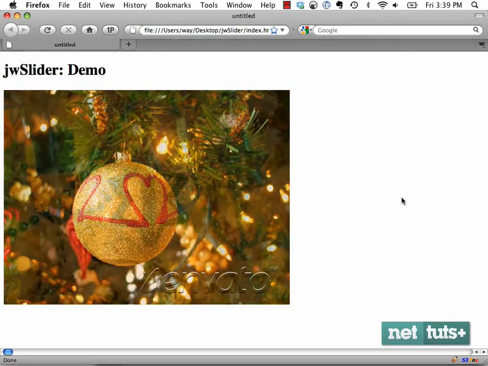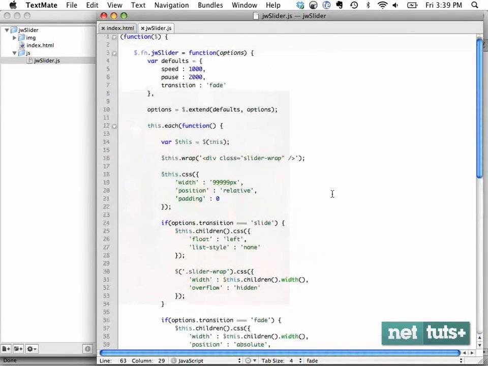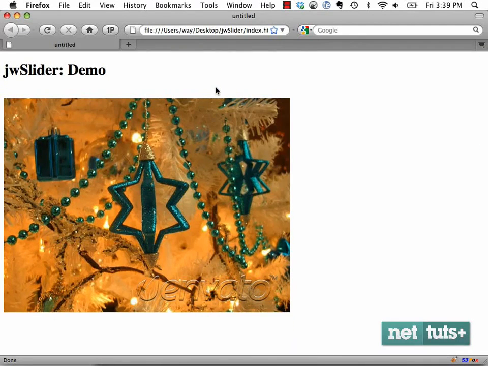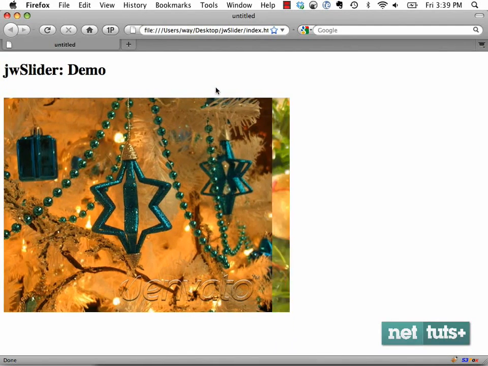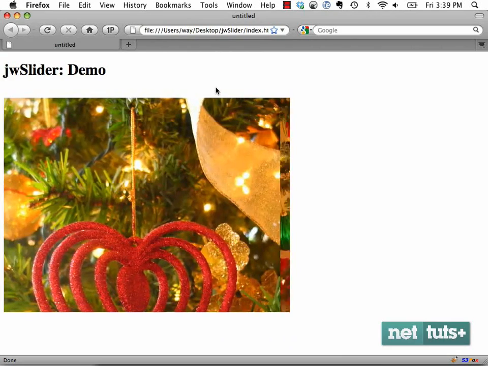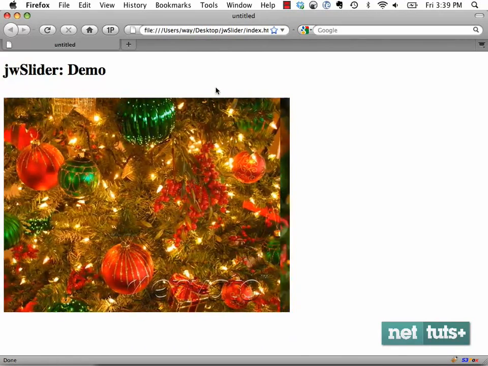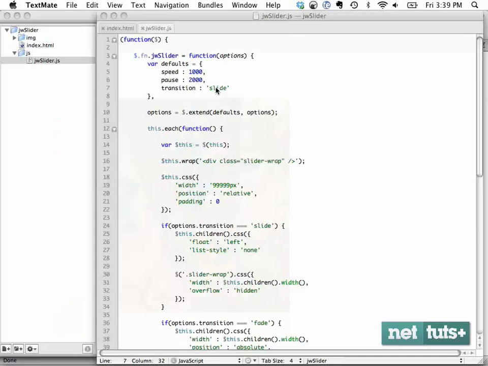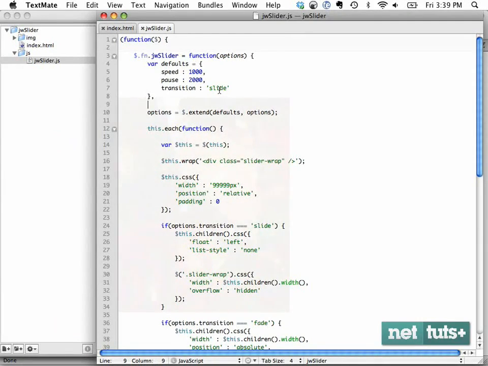Good. So now the next step is let's set the default transition to slide and let's see if that's working. Refresh. Good, it is working. So that's the second image, the third image, the fourth image. And it's repeating. Perfecto. Okay, so now what we want to do is make sure that there are a couple